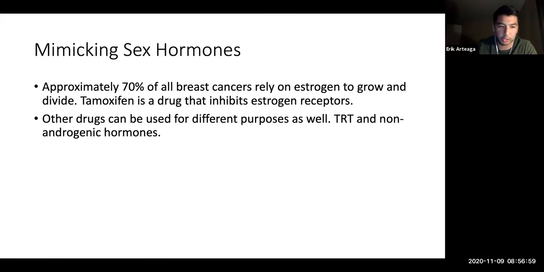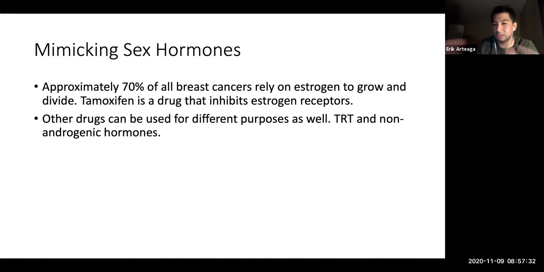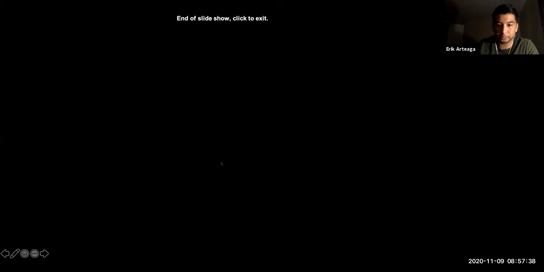And then I also read a recent paper on TRT, for males that start losing testosterone production. It's helping lower the incidence of heart disease and lower blood sugar as well. Again, they don't know if it's helping systemically, or maybe it's just giving them a little extra vitality to get up and work out or eat better, right? But the paper talked about testosterone replacement therapy potentially being used in the future to help with latent stage diseases, such as heart disease, diabetes, gout, things like that. Okay. All right. Any questions?